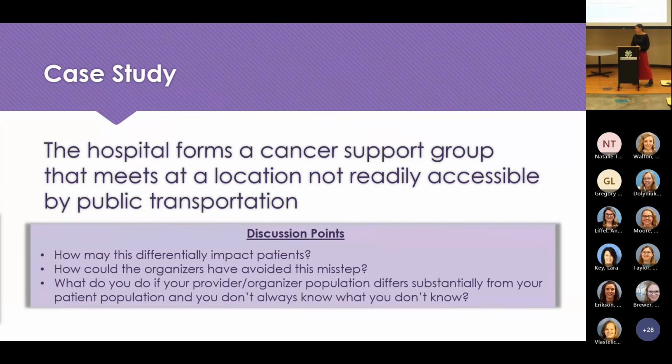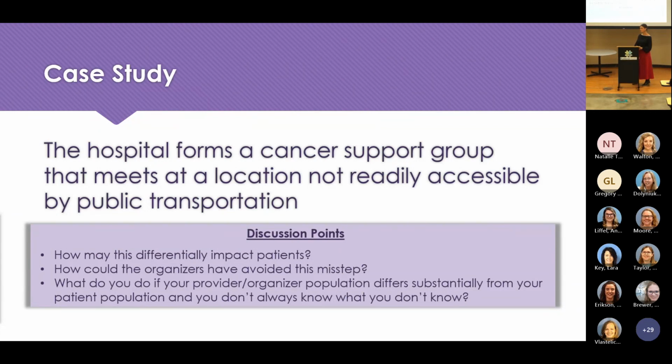Yeah. And so I think a lot of times, when we're organizing things and putting together programs, oftentimes there is a group of people around the table that are organizing it. And this case kind of demonstrates sometimes the value of having different voices around the table, and that might bring different perspectives that could make a big difference. And this is so simple, on location and ease of getting there, but it's something that is frequently overlooked because we're not thinking about the details.